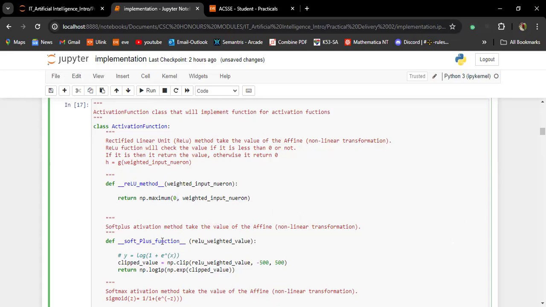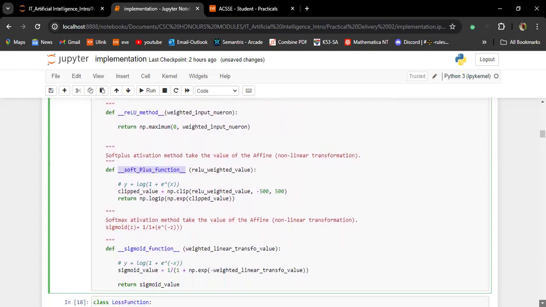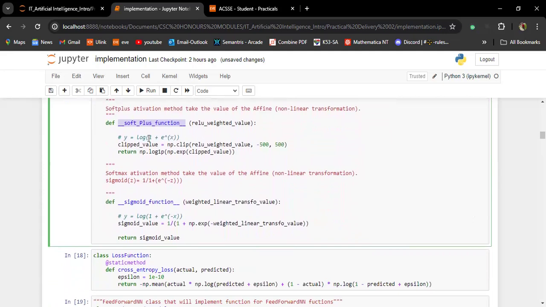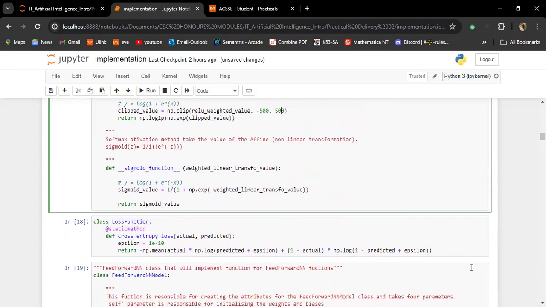Now the return value in the second hidden layer will be subjected to the softplus function, where we're effectively subjecting that value to this equation, where there is x, we put that value in, and then the result is going to be returned here. We've even clipped the value to make sure we're vectorizing whatever result we're going to get, in order to ensure stability of our model.